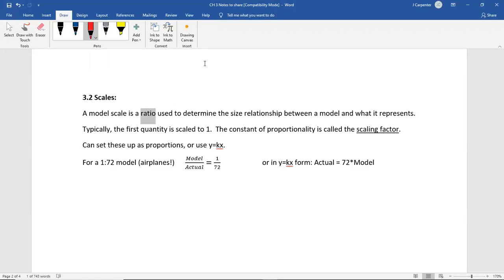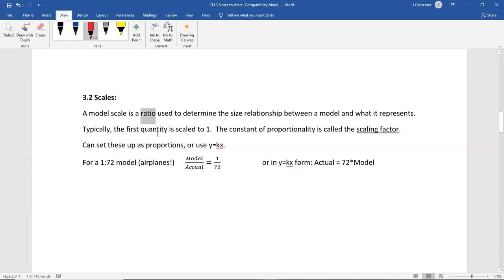So it might say something like, all right, well, 1 mile in reality is 1 inch on your map. That would be a scale. Or maybe 2 miles in reality is 1 inch on your map. Or maybe 3 miles in reality is 7 centimeters on your map. It doesn't have to be inches. It doesn't have to be miles. It could be 10 kilometers in reality is 14 inches on your map. They don't have to be ones. They can be anything. Usually we like one of those to be a 1,